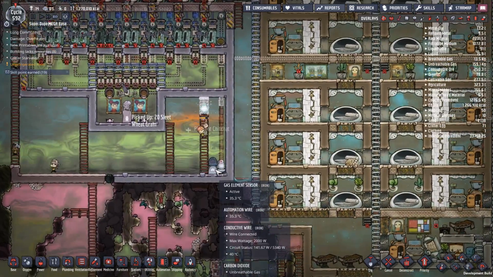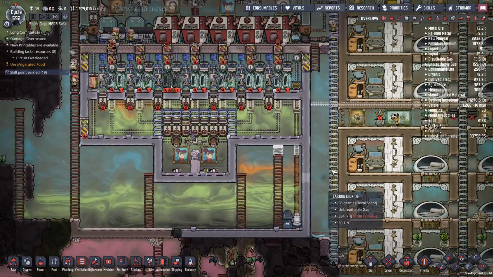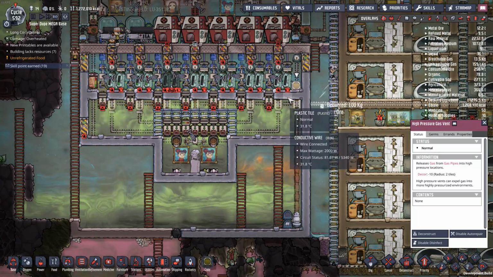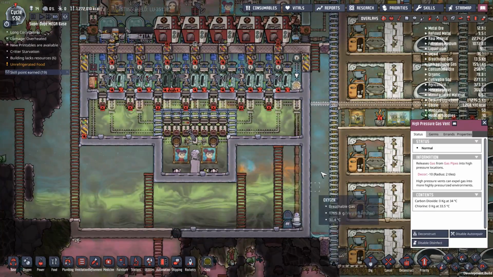Essentially, this is going to look for carbon dioxide or chlorine, and if it's down there, then I'll just pump it up there. Not a big deal. And if this becomes way too pressured, which it probably will, I'll just put a normal gas vent up there, and that should take care of the problem. Kind of a band-aid for right now, but...